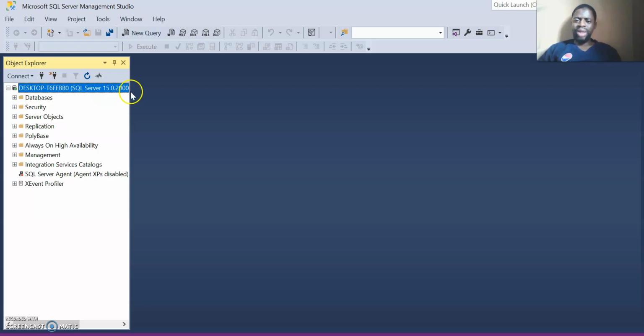So looking at this system, this is where you're going to have your query interface. This is like a module interface where you have the database, security, server objects, replication, PolyBase, Always On High Availability, management, and where you do all kinds of optimization and parameters that you want to put together on this.